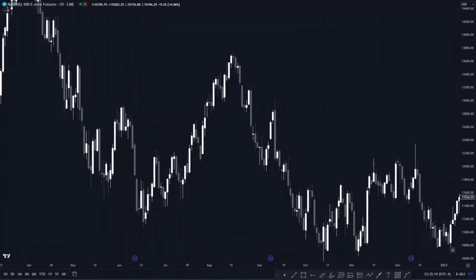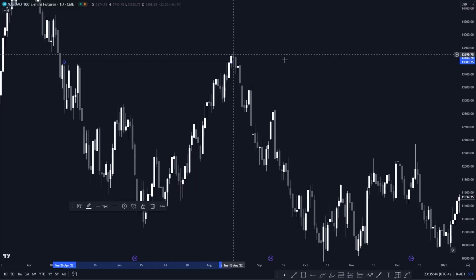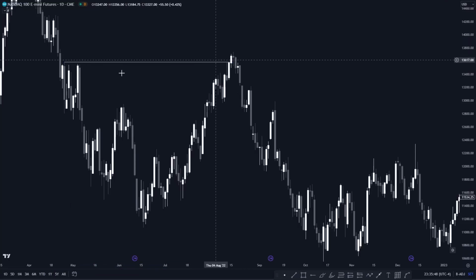Now, if we go and take a look at another example, which is NASDAQ 100, I'm just showing you how I look for draw on liquidity, how I decide where to go to, okay? So let's take a look at this example, and let's start from the top here. What do we see here? There was a clear liquidity taken, external liquidity, right? Right here. External liquidity taken,